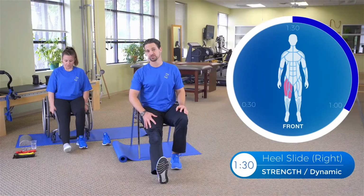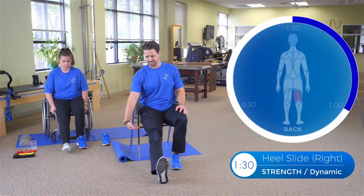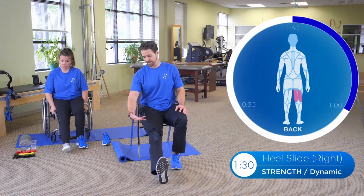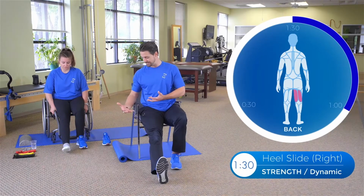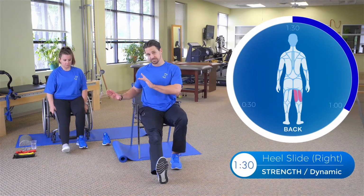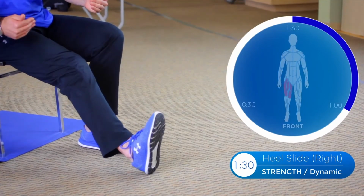Notice Miss Elizabeth is executing this without her shoe, with her sock. You can do this on a slick surface to make it easier, on a towel. You can actually do this laying down as well, but we're going to do it seated here today. In a second, Miss Elizabeth isn't going to do it yet. What we're going to both do, I have my shoe still on, which is just going to create resistance, is